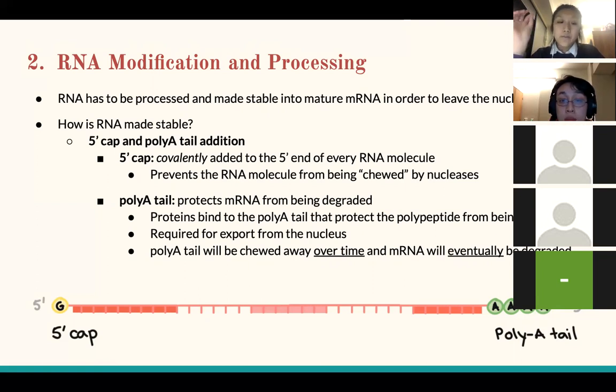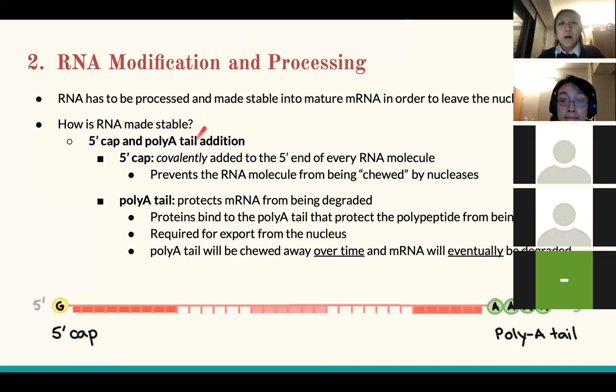It does so because the 5' cap is guanosine, rather than the typical shape of it. You don't need to know too much about it, but essentially it's like a flipped version of what you would normally see. And then that confuses the nucleases. So then it prevents the front of the RNA from being chewed away.